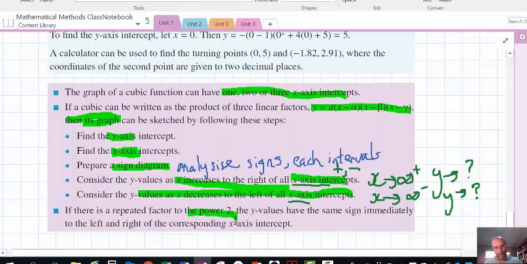Lastly, for repeated factors, if there is a repeated factor to the power 2, the y values have the same sign immediately to the left or right of the corresponding x-intercept. So we looked at the repeated factors, in other words,